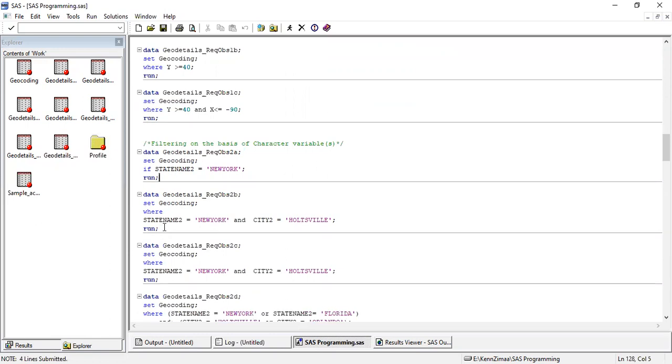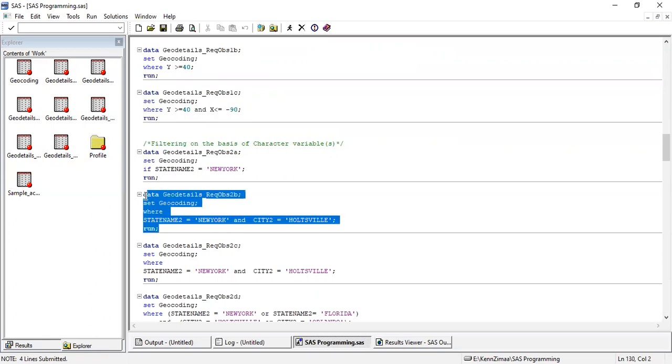Again, in the where part, we can put multiple conditions. Multiple conditions can be put for character variables as well. So in this part, I am putting multiple conditions for variables state and city. I need the data where the state is New York, and within that state, I want to focus only on a particular city called Hallsville. So I'm passing an AND operator here. Within New York, I need only Hallsville, so I need to pass an AND operator. So I run this,